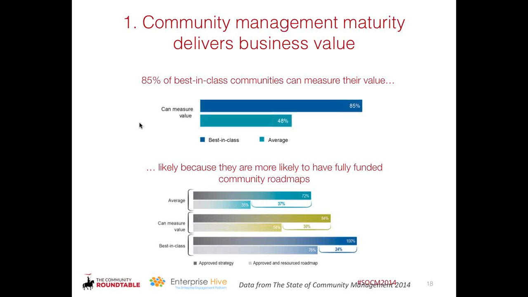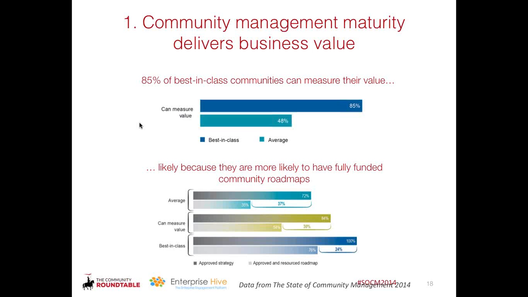And I really look at that number and I say that's roughly gambling. Because if I'm a stakeholder and I'm looking at that and saying I've got a 50% shot of getting value out of this investment, there's a lot of other priorities that are more of a sure thing. However, if you look at that 85% number, that's a really sound investment. If I'm 85% likely to get my investment back, then that's a pretty compelling case. So it's a pretty big difference between best-in-class and average there.